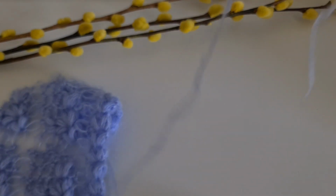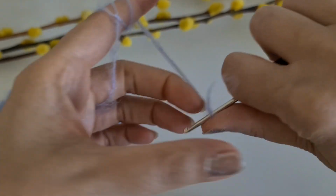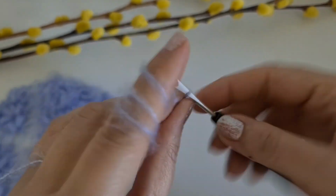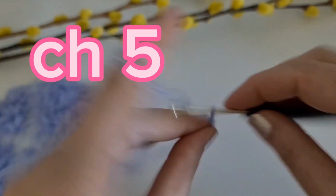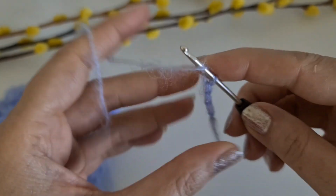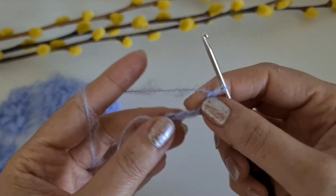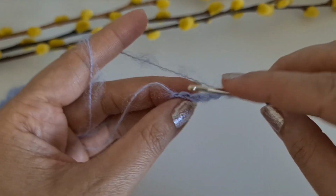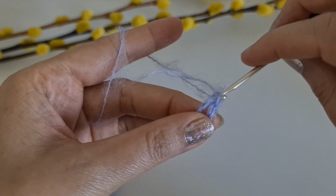What we have to do for this one, we are going to start by making 5 or 6 chain, but it's really up to your yarn. So let's make a loop and join together,